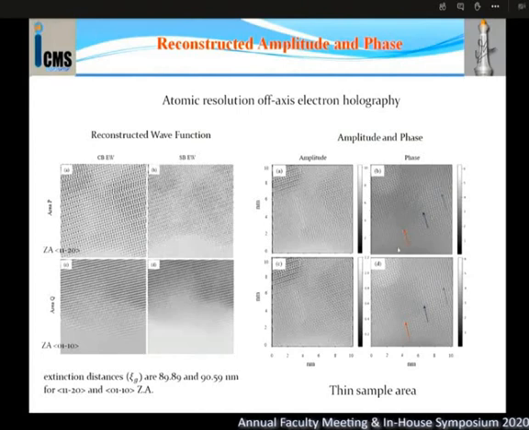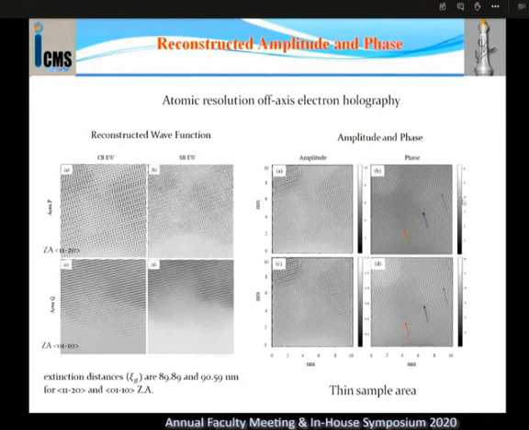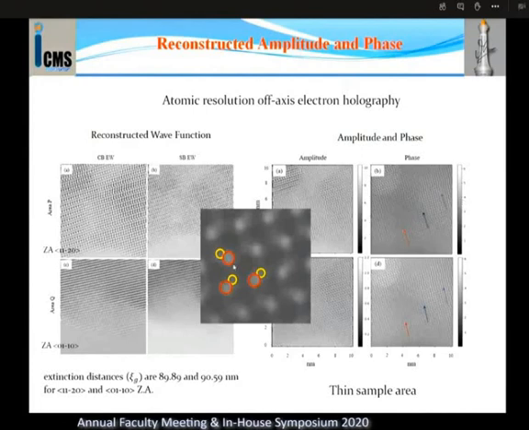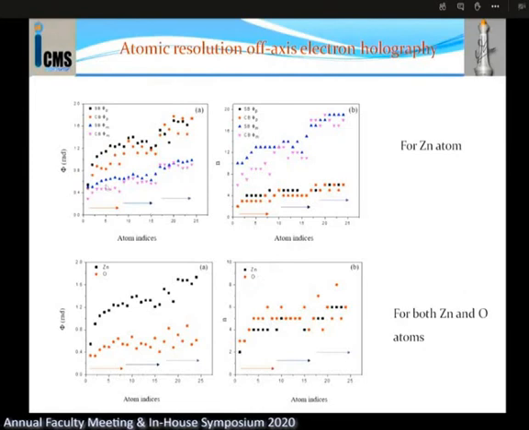We have the amplitude and phase, and the arrows show along which we have evaluated the phase and the corresponding atom number. The zoomed-in image shows the red one is the zinc atom and the yellow one is the oxygen atom. This is a summary plot showing the central band and sideband comparison. For a very thin area of the sample, you see a systematic increase in both the phase value and the atom number with the sample thickness. And the nice thing is that zinc and oxygen, though the contrast is different and the atomic number difference is very high, in the neighboring columns we have obtained the same number.